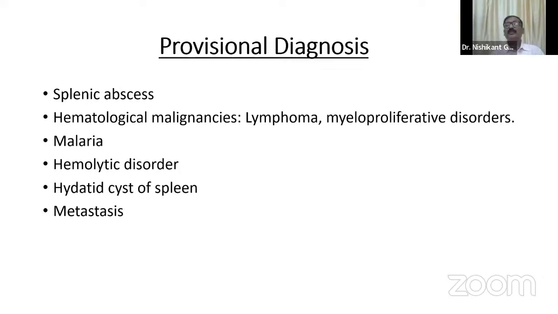What are the different methods of palpation? I think you are a little confused about that. You have to be very clear about the difference between ballottement and bimanual palpation. All these are very basic questions. In both cases, you will put the hand anterior and posterior. In the case of ballottement, you have to push from one side to feel the lump on the other side. So you can push from the posterior side and feel on the anterior side, or you can push from the anterior side and feel on the posterior side.